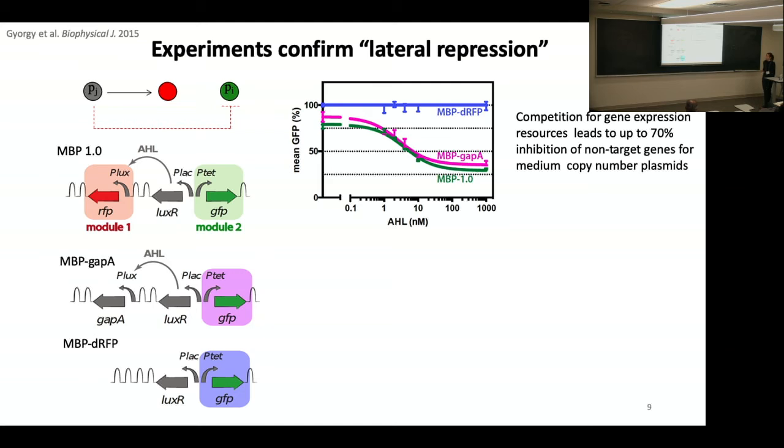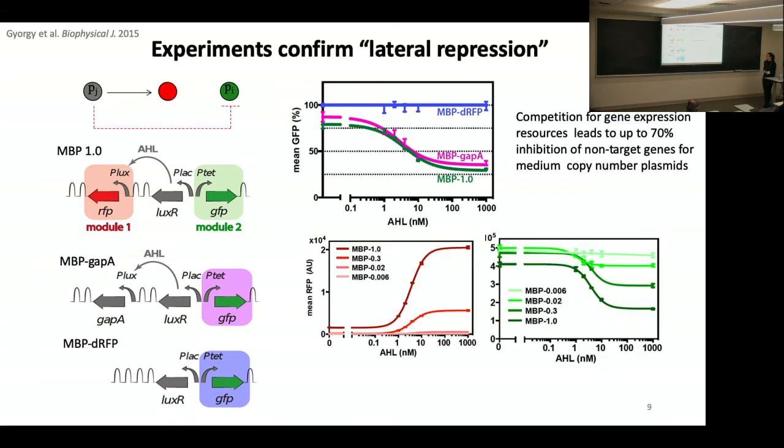So this was an initial model that we created, and so we went ahead and did some experiments to validate it. The first simple experiment was to verify that if we have an activation of one gene, in this case a red fluorescent protein, then it's actually becoming a repressor for any other protein. And as you can see here, as we are increasing the expression of the red, the green is going down. And it's going down by about 70%, and this was in medium copy number plasmids,